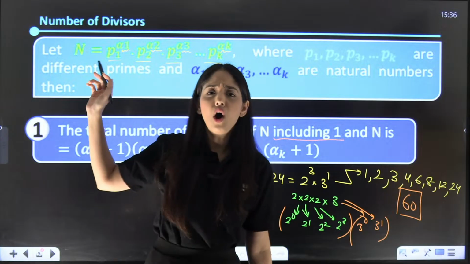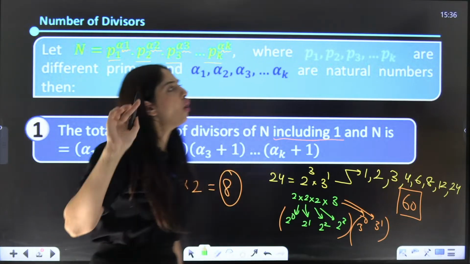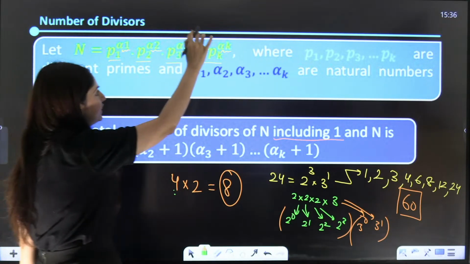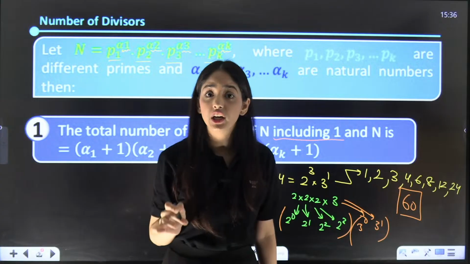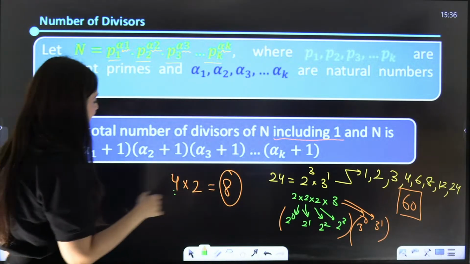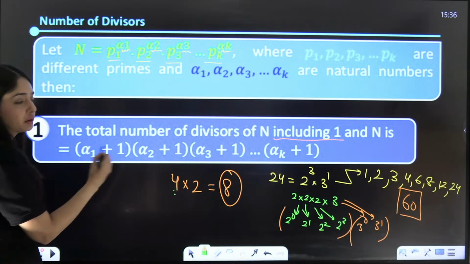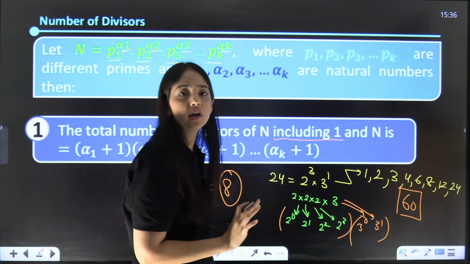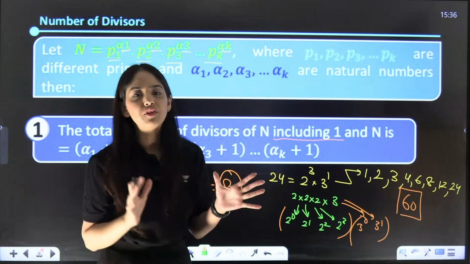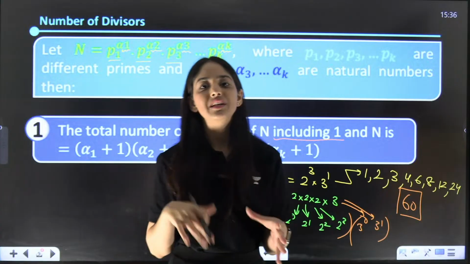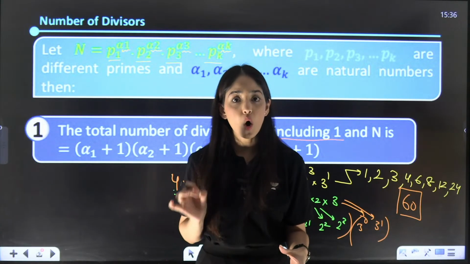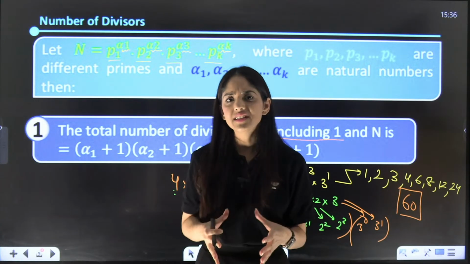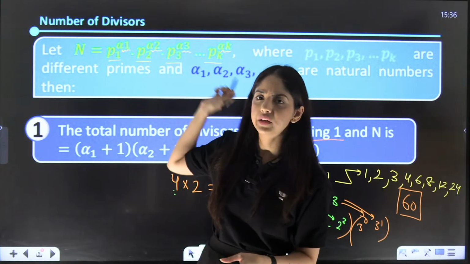But if all of them are even, if all alpha 1, alpha 2, alpha 3, alpha k are even, in that case, even plus 1 is odd for every term. All of them will be odd and the final product will be odd, which means the total number of divisors will be odd. When does that happen? If all of them are even,